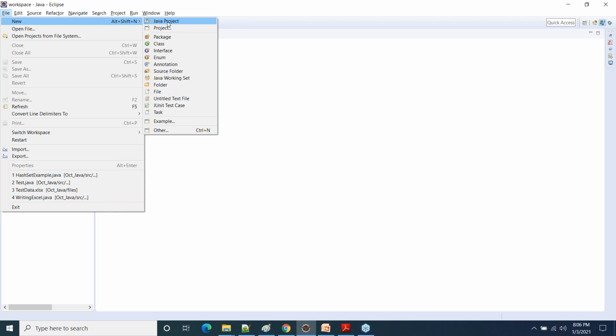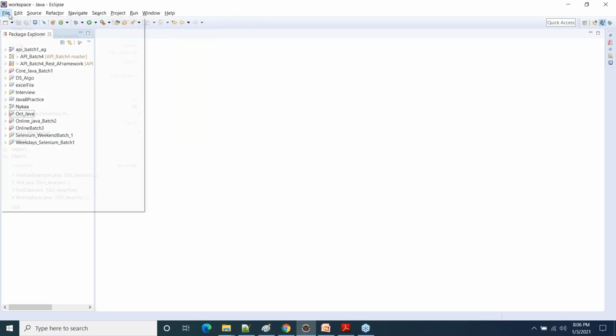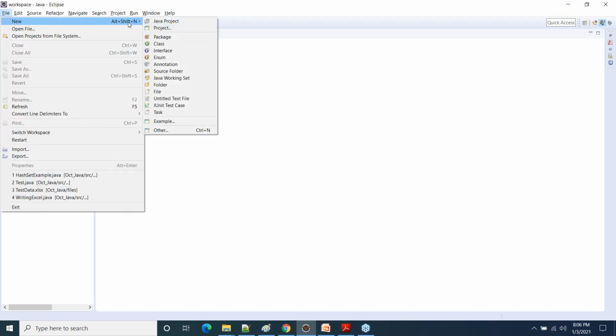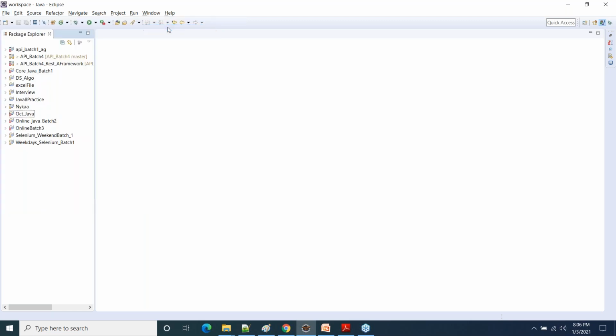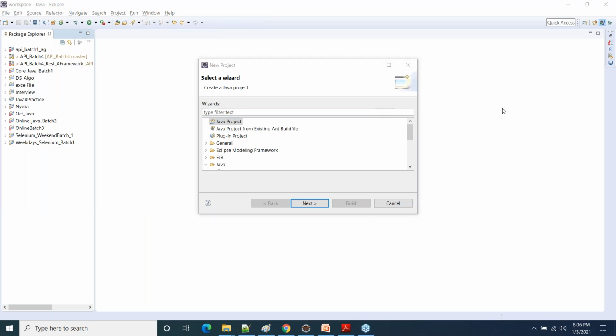But if you are creating the very first project in your Eclipse software, then you'll have to go to File, say File New. Just a minute, guys. New, and go to Project. In the project section, you will see Java. Here you can see there is a Java folder available.